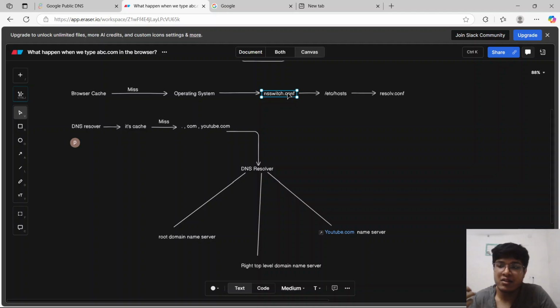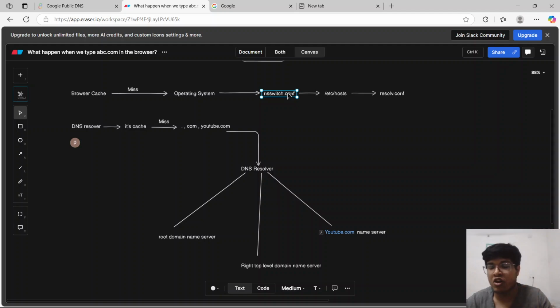So it is defined by the Linux administrator or the programmers, or it is configured by default, and in this file it is written that you have to go to this file, or you have to do this, to find the IP address of a domain name. So it is just like a roadmap. An operating system